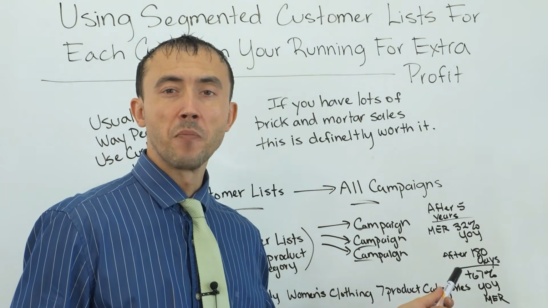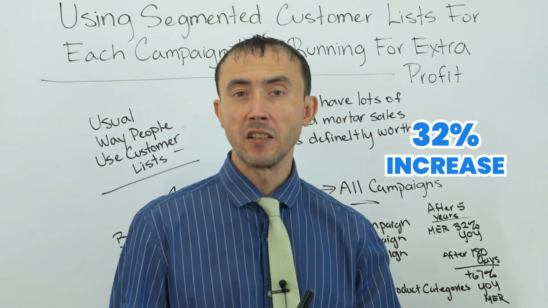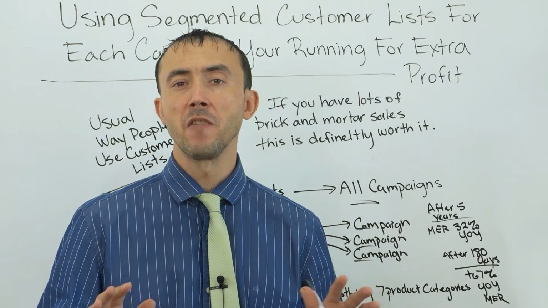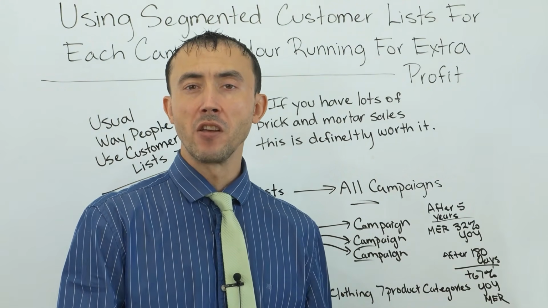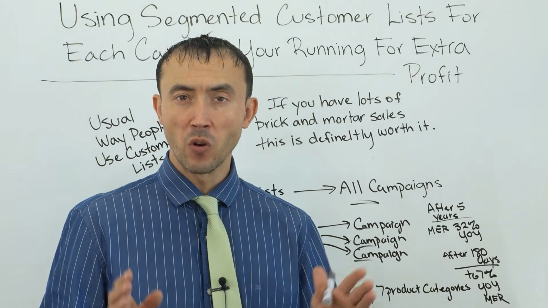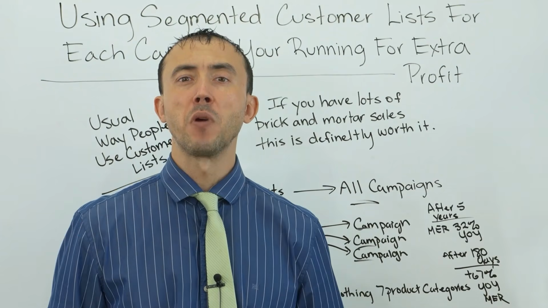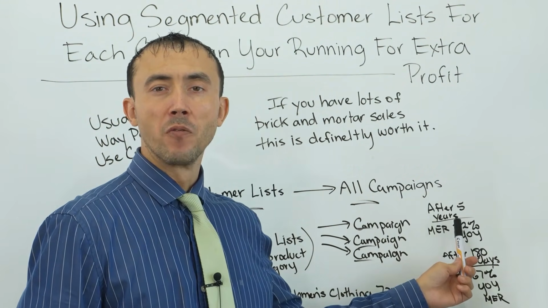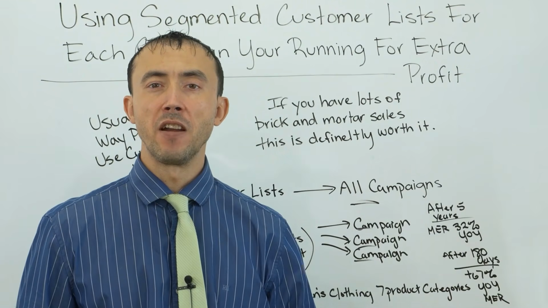So this clothing company had a 32% increase in year-over-year sales in terms of the marketing efficiency ratio that we're primarily using as our tool to judge if we're on course in growing this company's profitability through the Google ads that we had. And this was actually after 5 years of working with this client already, because I've mentioned